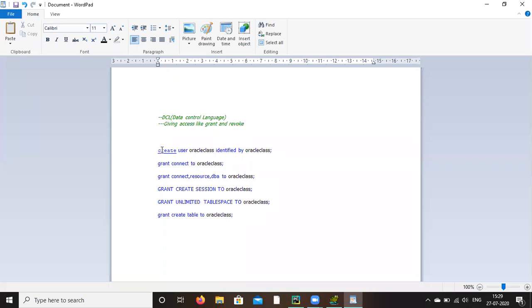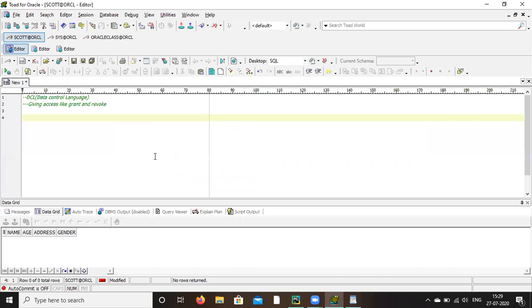Now let's come to the other topic. We have done this one and this one. Now the rest is the DQL or DRL. The last one is DQL or DRL, that is nothing but data retrieval language or data query language.